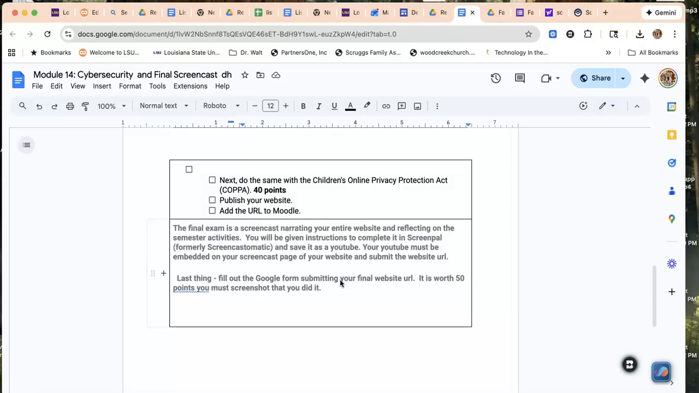What I'm looking for there is for you to reflect. What did you like? What do you think you'll use again? I know some of you aren't education majors, but for example, ScreenPal, the screencast assignment, is really a good one that you can use in the future. All right. Next,